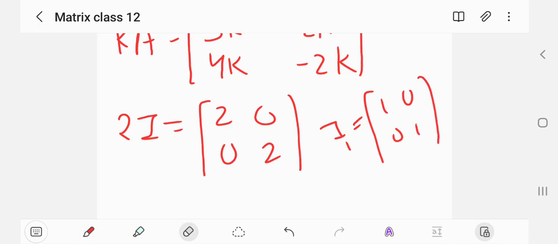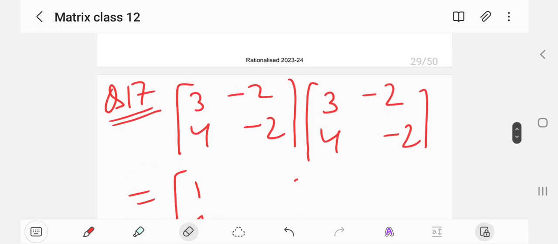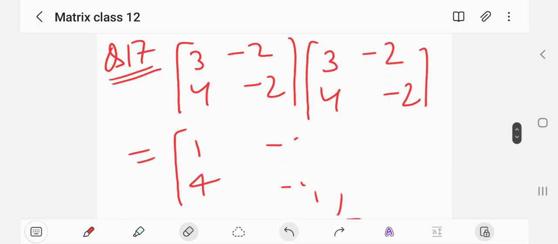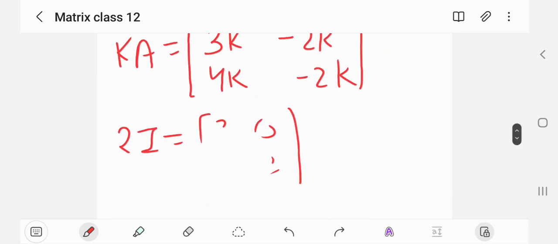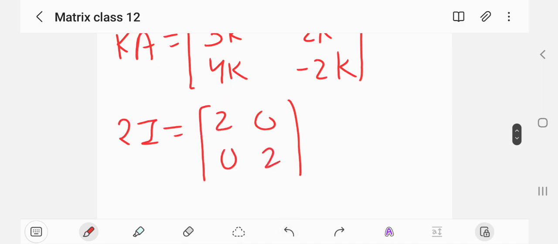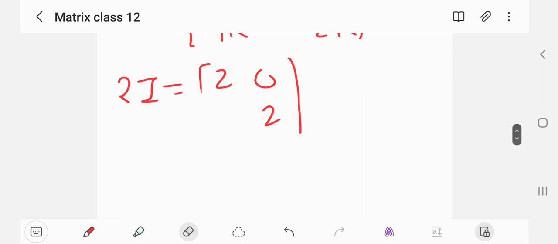This is the I which I have used here. Why have I used this I? Because my given matrix A is of order 2 by 2, therefore my I is this matrix, 1 0 0 1. If A was of order 3 by 3, then I would use the identity matrix of order 3 by 3. Now simply